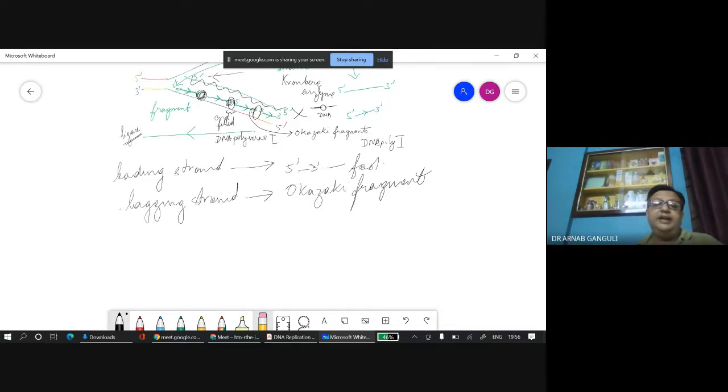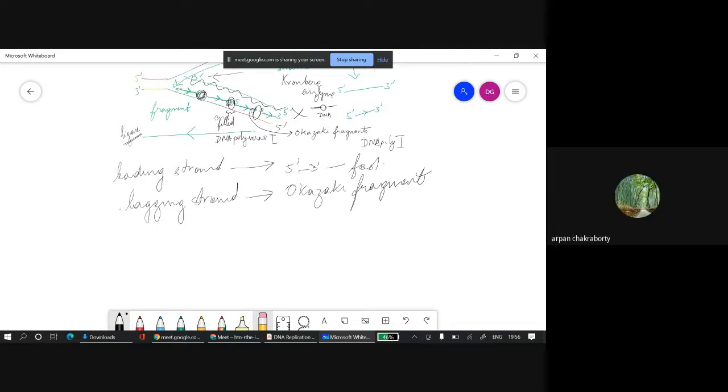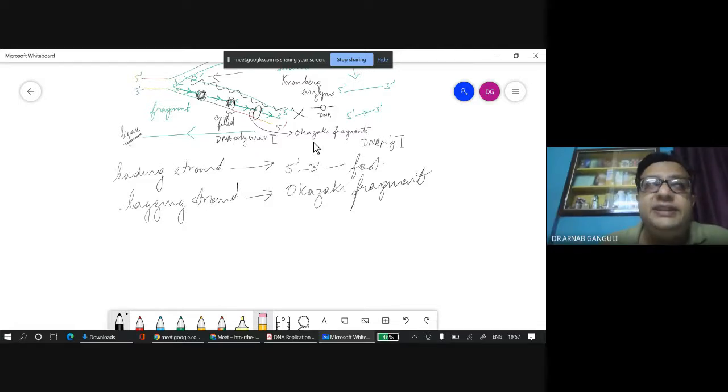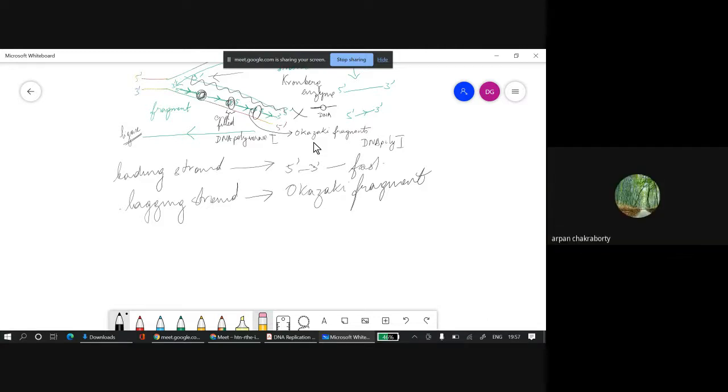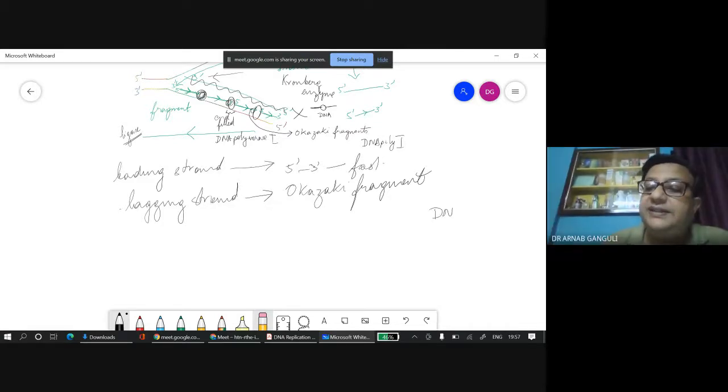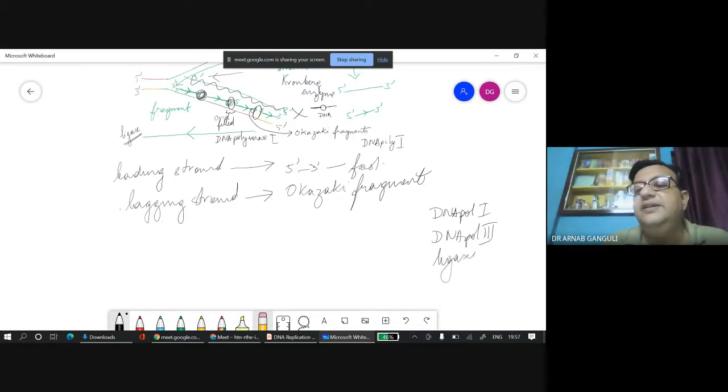তাহলে বুঝতে পারলে তো কোনটা লিডিং স্ট্র্যান্ড কোনটা ল্যাগিং স্ট্র্যান্ড? হ্যাঁ স্যার। ওকে, তো স্যার হেলিকেজ ডিএনএটাকে আনওয়াইন্ড করছে, আর পলিমারেজ রেপ্লিকেশনটা চালাচ্ছে। এক্স্যাক্টলি। মাঝখানে অনেক কিছু আছে, this is the nutshell, you are right. ডিএনএ পলিমারেজ 1 আর 3 আলাদা আছে, লাইগেজ আলাদা আছে। So these are separate enzymes, but this will form the DNA polymerase complex, or it is known as the replication complex or replication bubble. অনেক প্রোটিনস ইনভলভড।